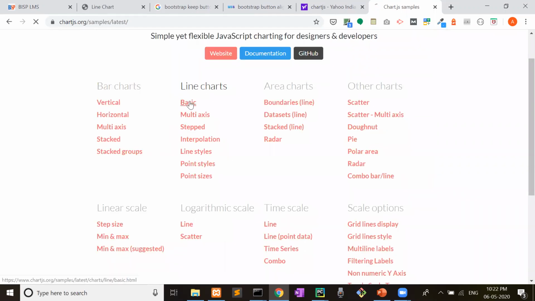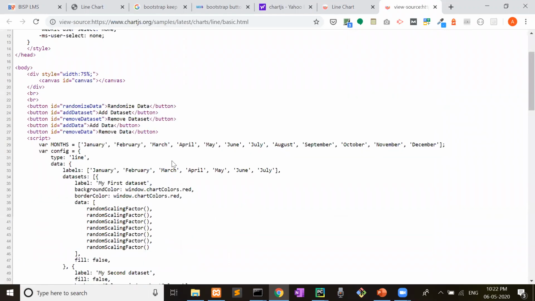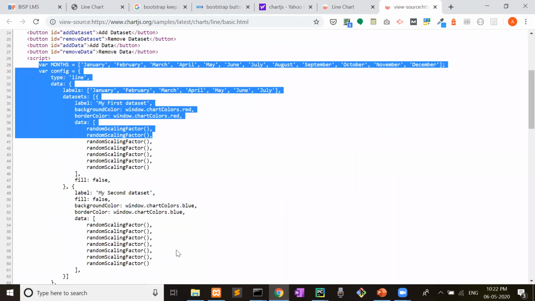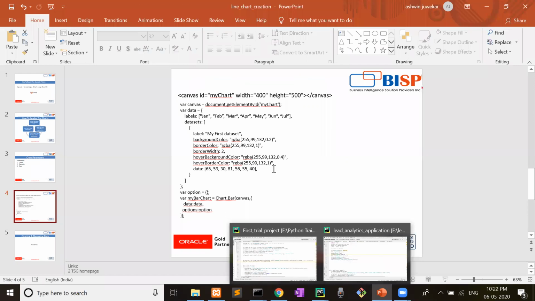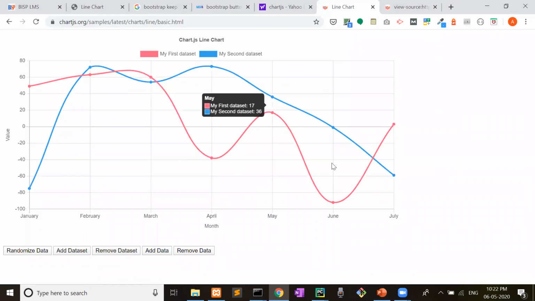This is a line chart sample, and if you press Control U, you will get the structure of this. Not a big deal. You will get everything here. After that, options and all these things you can get here. That is what I have explained in this simple structure, right? So here today we are going to see how this is rendered.